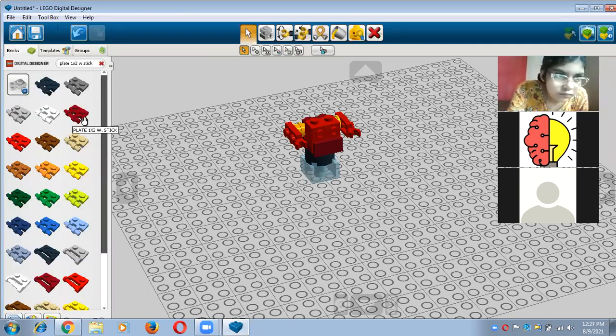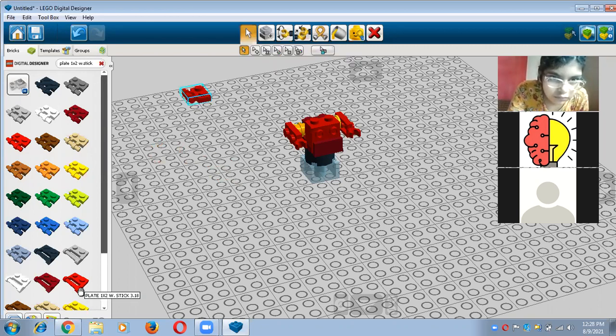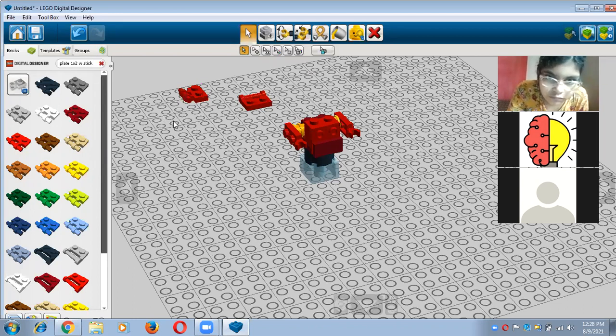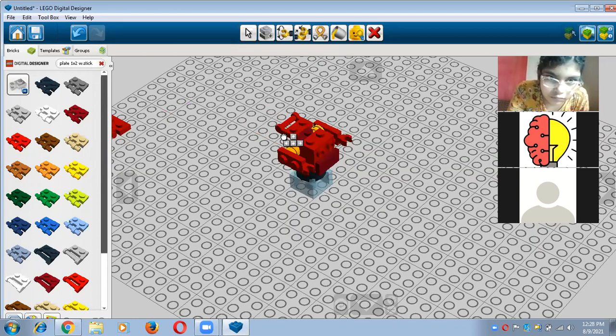Yes, so this is a plate which I want right now. So I will take this red color plate and then I want to change the direction. Okay, not this one, I want this one. This is another plate, right? And now I want to take this one. So I just want to rotate like this, and after that I want to set here in this way. You can see, right?